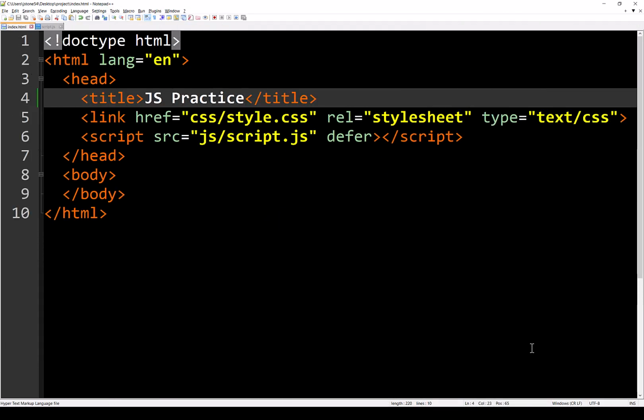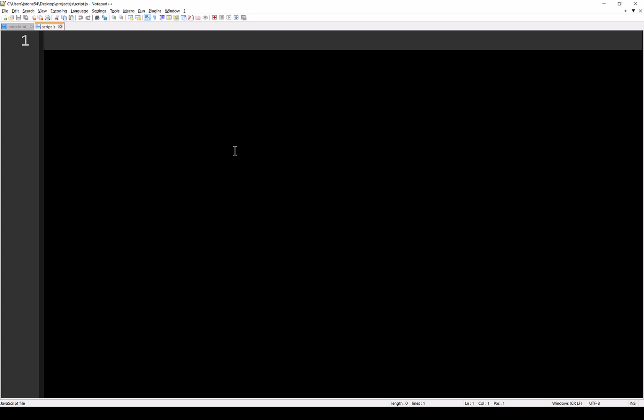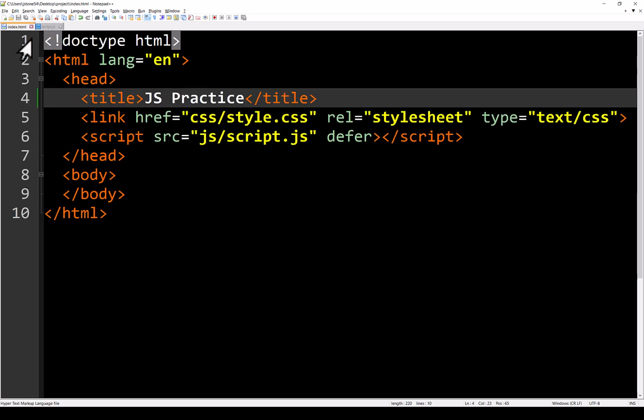All right, what we're looking at here is just a regular old HTML file, and as you can see on line 6, I've got it connected up to my JavaScript file, which is right here. Before we look at the JavaScript though, let's remember there are 3 different ways you can connect JavaScript to your HTML. One is what you're seeing right there on line 6, which is an external file, an external script file.